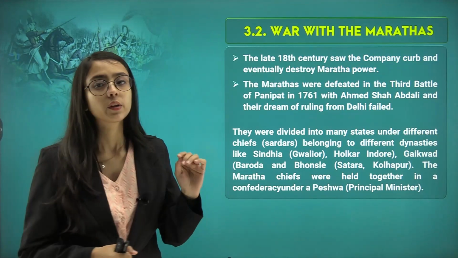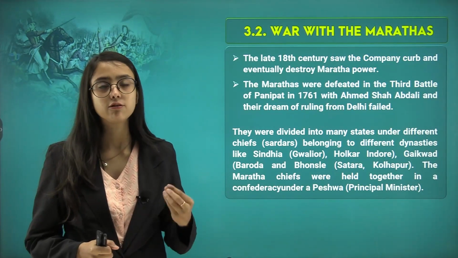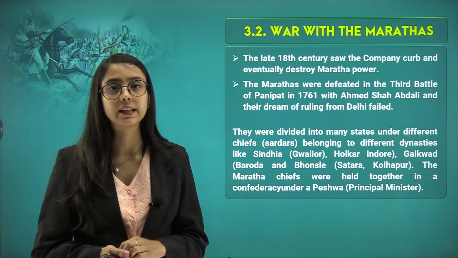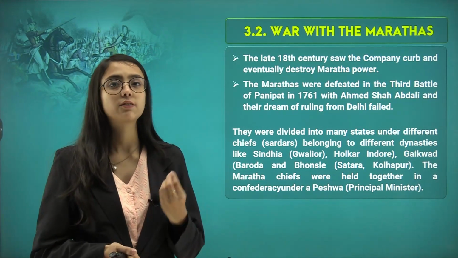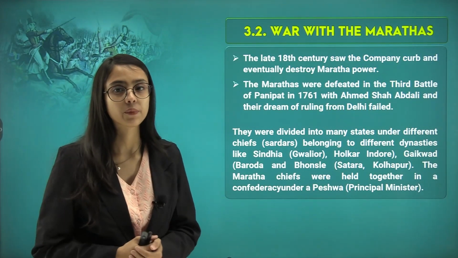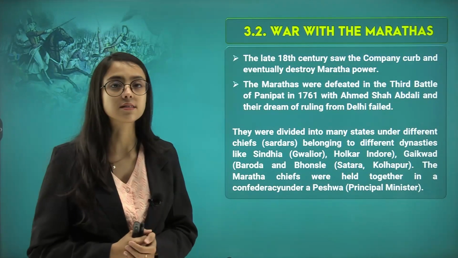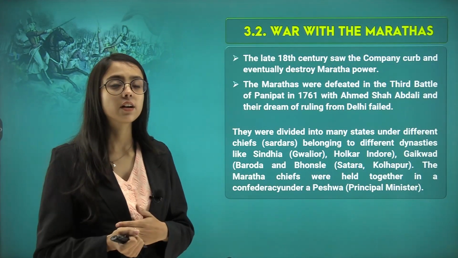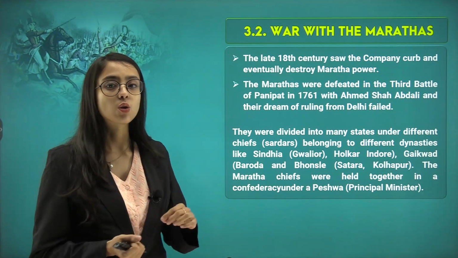With Ahmad Shah Abdali, their dream of ruling from Delhi failed. The Marathas had a dream that they would rule the Indian subcontinent from Delhi, from the central power. That was completely destroyed. So they were divided into many states under different chiefs known as Sardars. The Maratha kingdom was divided into different small states, and these states were controlled and